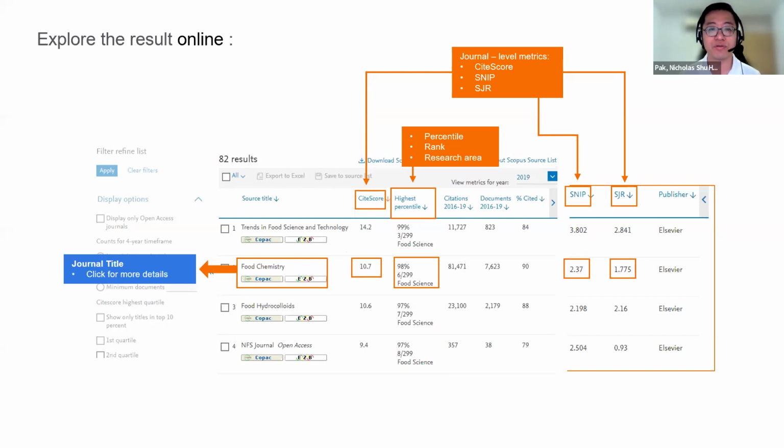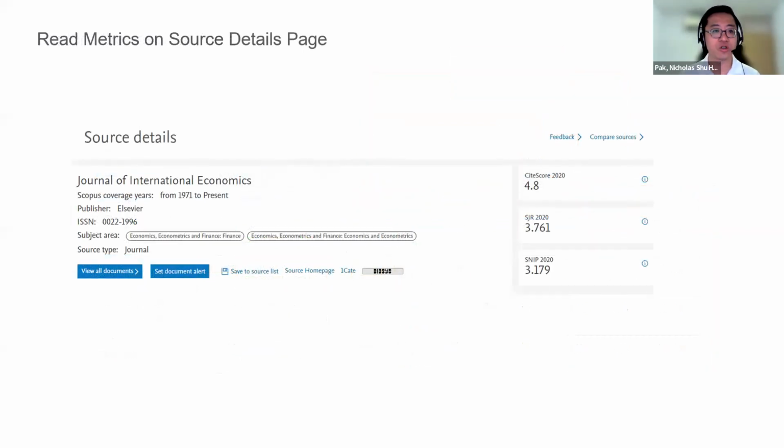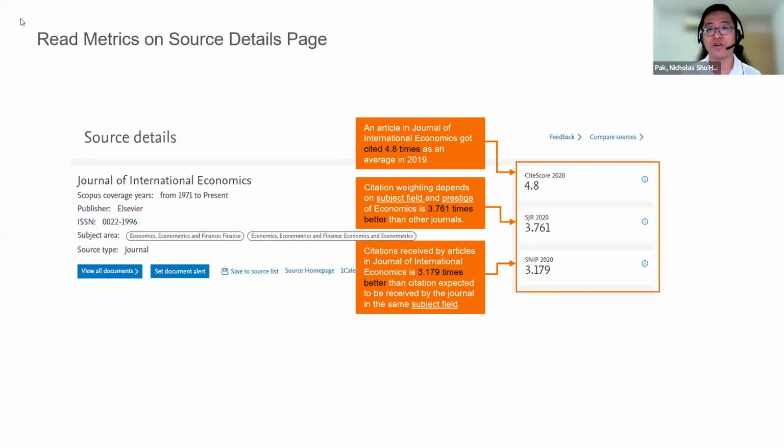The title itself will give you a lot of information. For instance, you are able to see who the publisher is. You get to see the coverage years. Very crucially, you get to see the ISSN, the journal homepage, as well as the subject areas in which this journal falls under, right? So we have over 333 sub-subject areas. We try to make it as granular as possible, because we know that there are different umbrellas and topics that we want to cover, right? So this is why we go to the level of detail that we have. So for instance, this particular journal itself would be